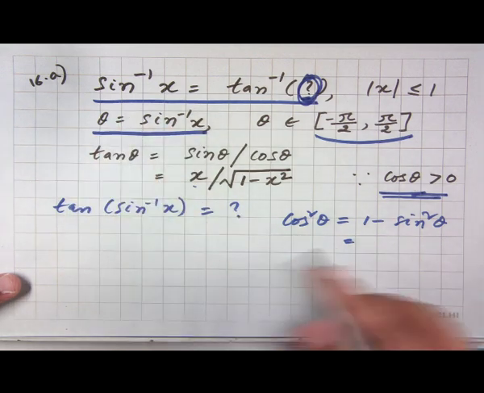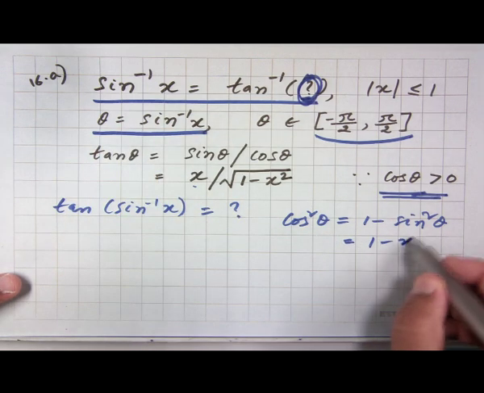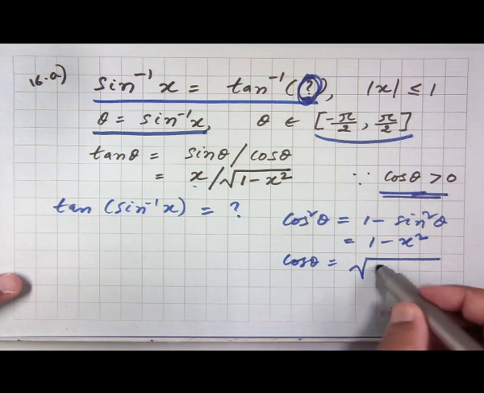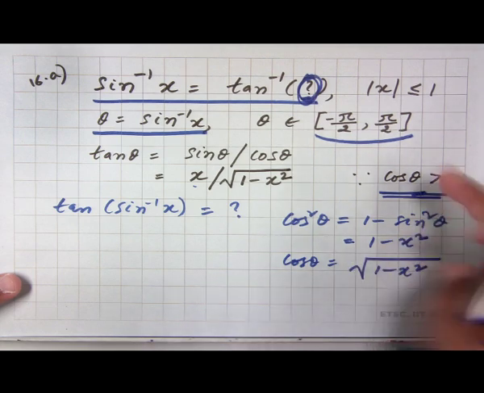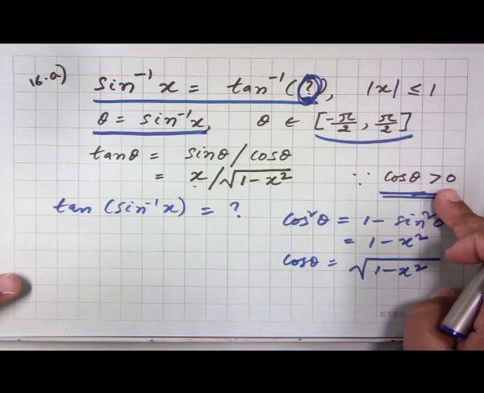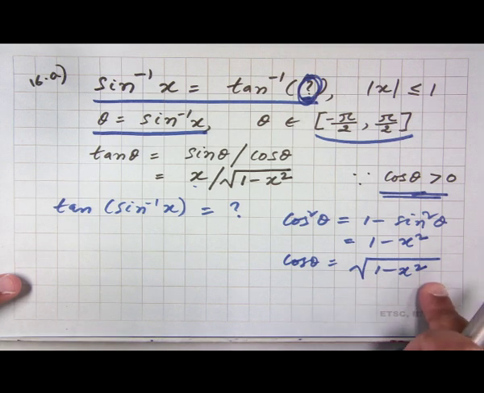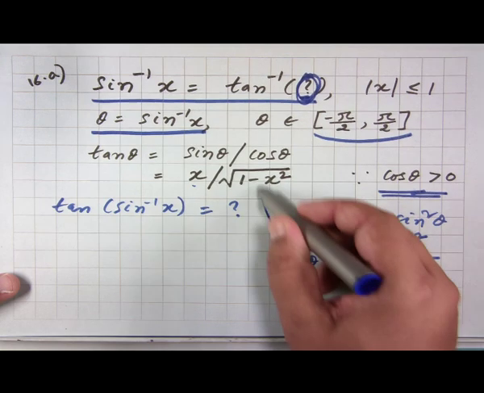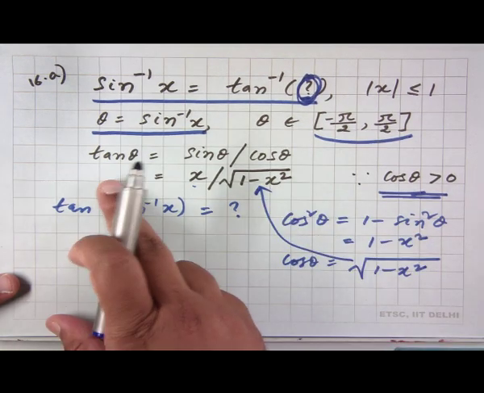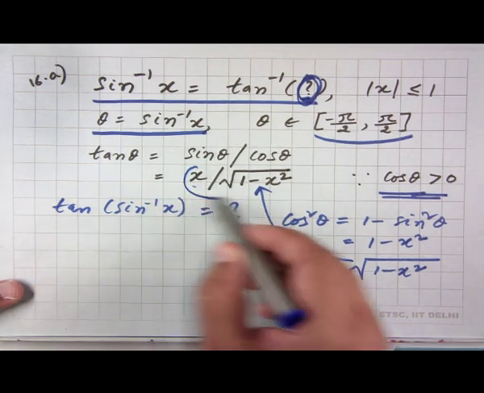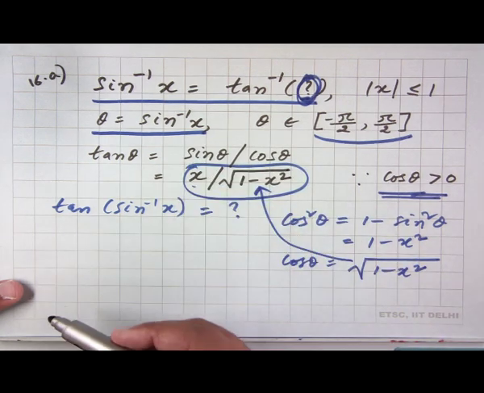Sin theta is x, so we can write cos square theta as 1 minus x square, and then of course cos theta is equal to the positive square root of 1 minus x square, because we know that when theta belongs to this interval, cos theta is greater than 0. So we take the positive square root of 1 minus x square, and that is what we put in here. So, therefore, we finally get that tan of theta is equal to x over root of 1